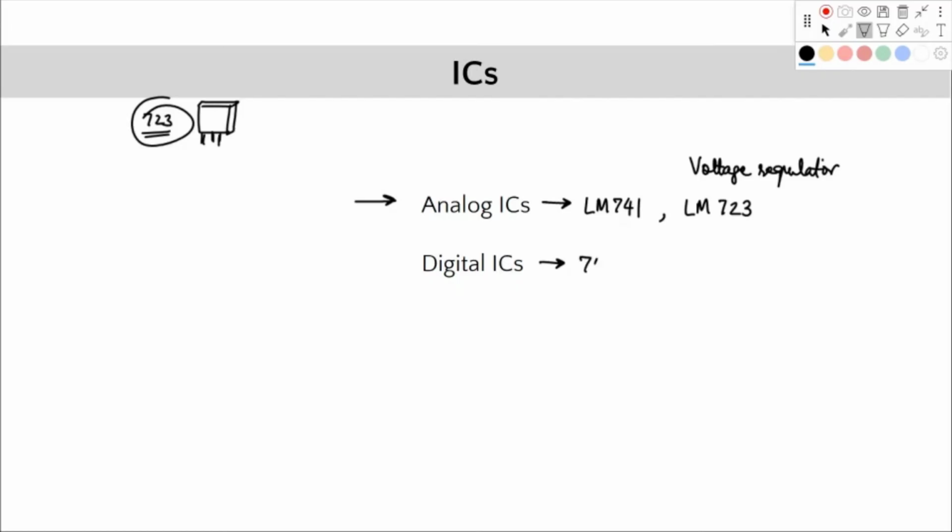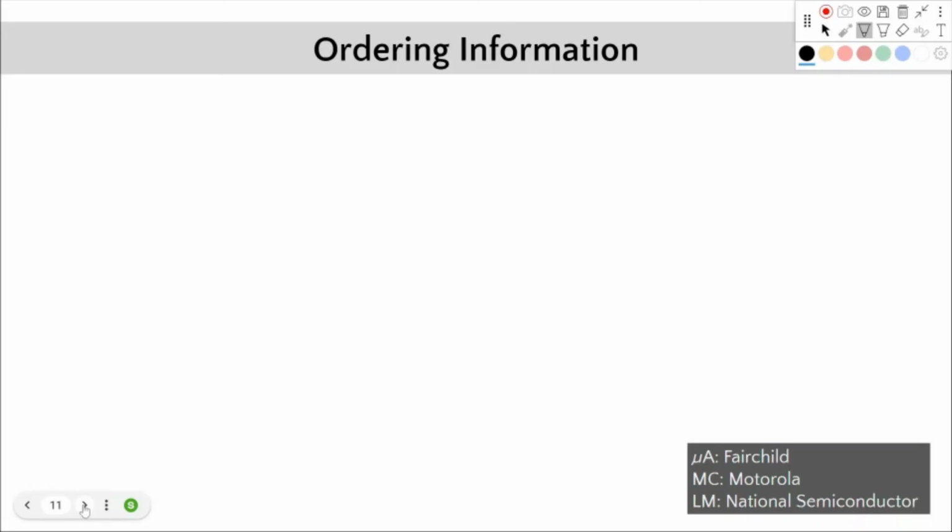Digital ICs are all these 700s that you are seeing, and there may be multiple other ICs like BCD to 7-segment converter. I think is 7447. Lots of such ICs are there. Okay, you should be able to differentiate between analog and digital ICs based on what you're already familiar with. Next is the name of an IC. Like IC में कई बार बहुत सारी चीजें लिखी हुई होती हैं, right? What is the meaning of those things?